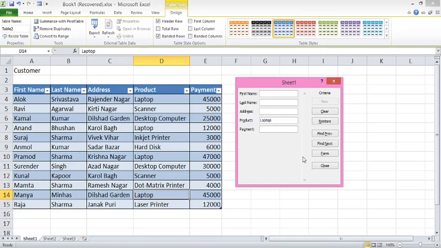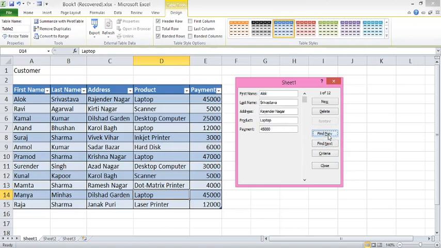After you enter laptop, now you can click on find previous or find next to find all the records that have purchased laptop. So here I am getting the first record, Anand, who has purchased laptop. Then Pramod, again he has purchased laptop. Manya, laptop. These are the 3 records that I have obtained.